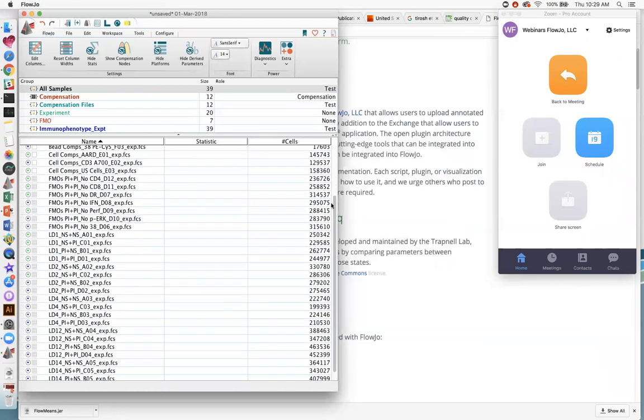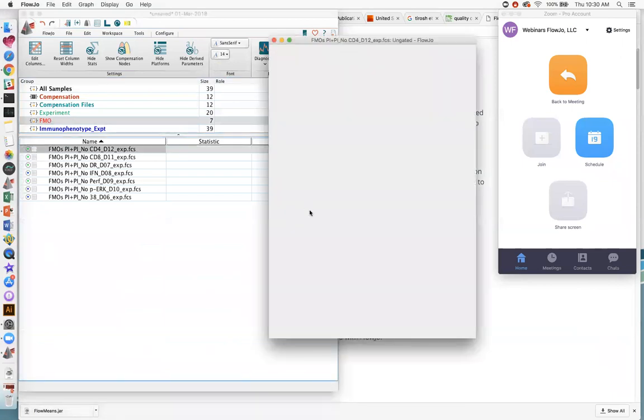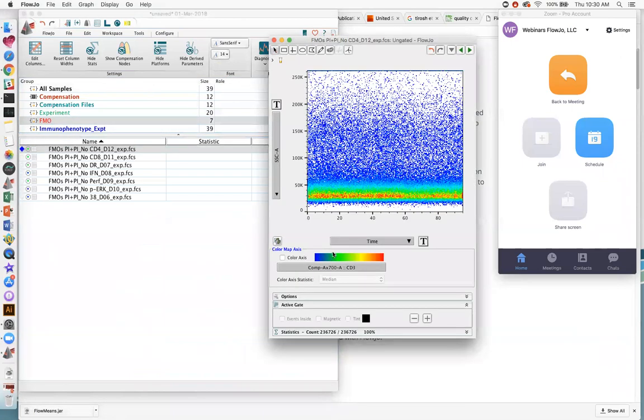All right, so we're the FMO group. We're going to start here, and I'm going to double click on that file. Okay, I'm going to return this back to what it would look like by default. So usually this is going to be forward scatter by